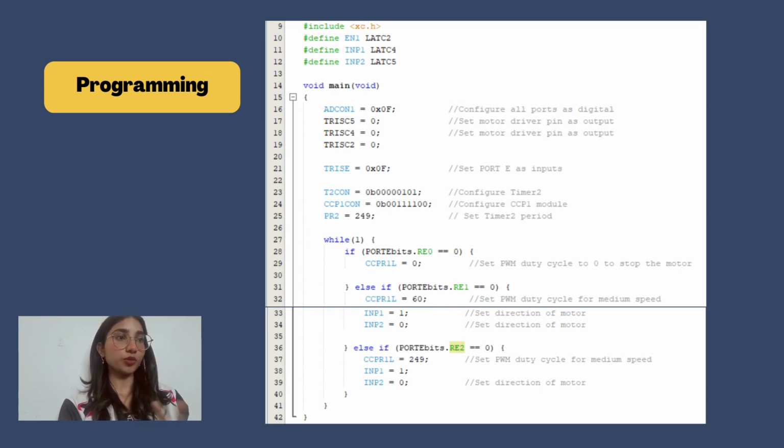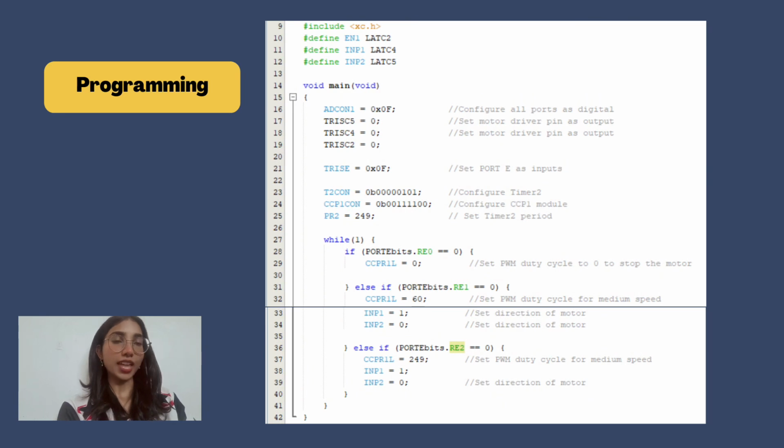This program controls a DC motor using the PIC18F microcontroller. I'll explain the purpose of each part of the code. First we had LATC2, which is used to control the speed through the PWM, and then we had LATC4 and also LATC3 to control the direction of the